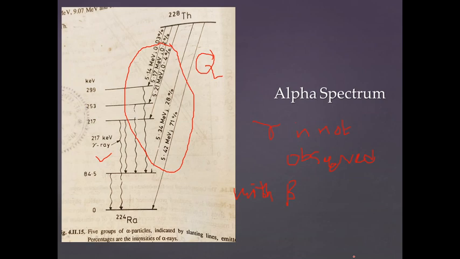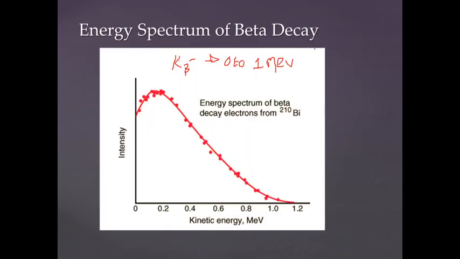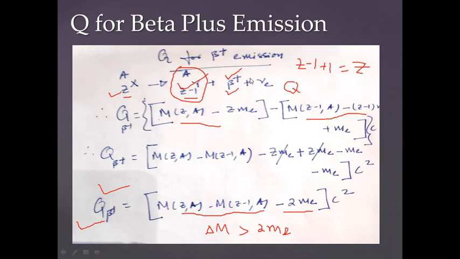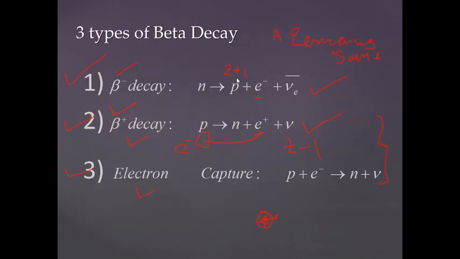The basic difference here is that the spectrums are different. In the alpha spectrum, you have a group of alpha particles having energies which are closer to Q. But in beta particles, you can have energy starting from 0 and it can go as high as the value of Q for that particular nuclear reaction. So it's a continuous spectrum. And beta emissions are of 3 types. Basically there are 3 types of decay: beta minus, beta plus and electron capture.